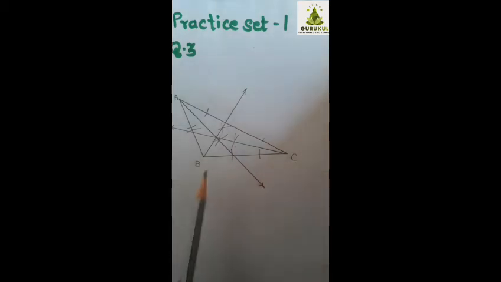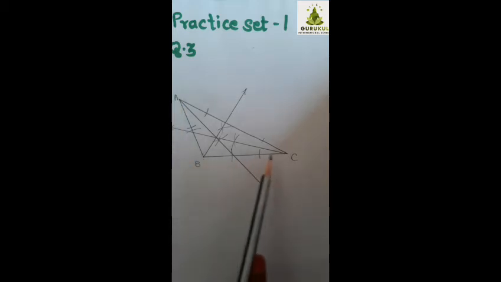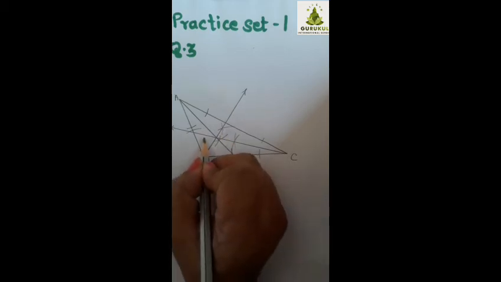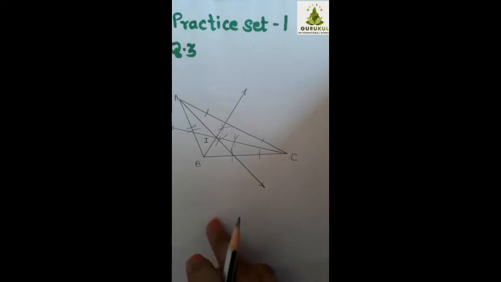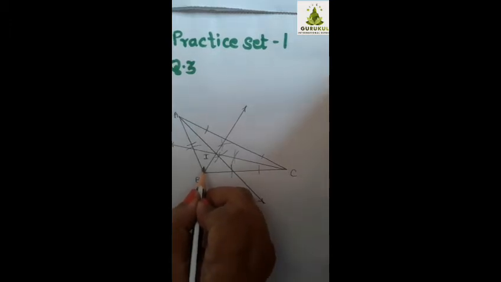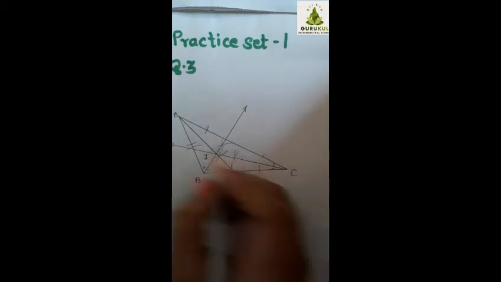Now I have done angle bisectors of all three angles, that is angle A, B and C, and you can see all these angle bisectors meet in one point, which you can label with any letter. I will label it with I, and this I is nothing but the point of concurrence of the angle bisectors in obtuse angle triangle. Since we have divided the angles in two equal halves, we can give different symbols to denote them.